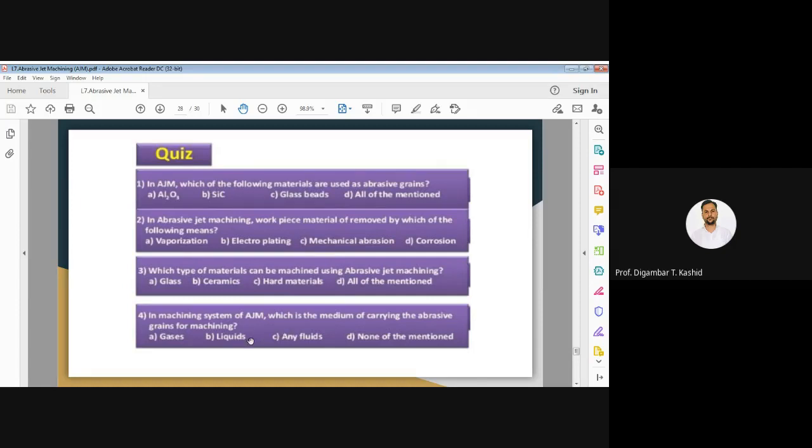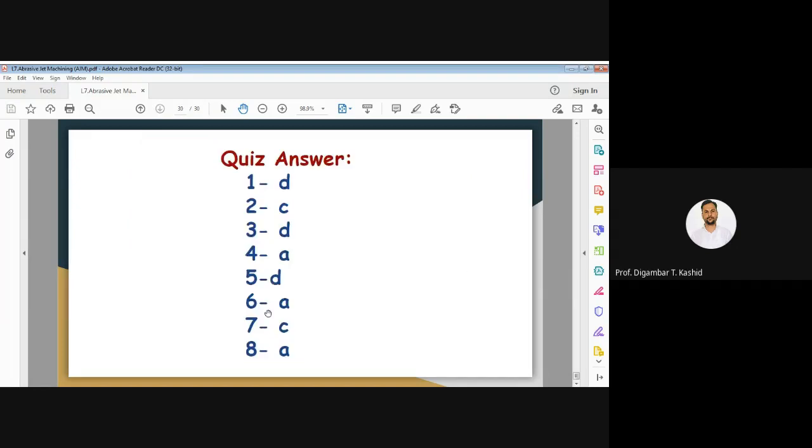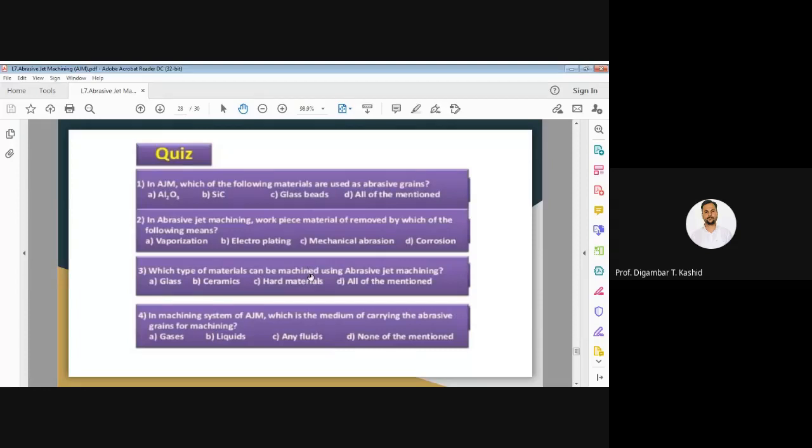Okay, I was telling about the air or the inert gas. So which answer will be correct? Tell me. Liquid. Okay, Purnima is saying liquid. Actually, right now I just mentioned that air or inert gas. So it comes under the category. D, how much can D be? None of the mentioned. Okay.